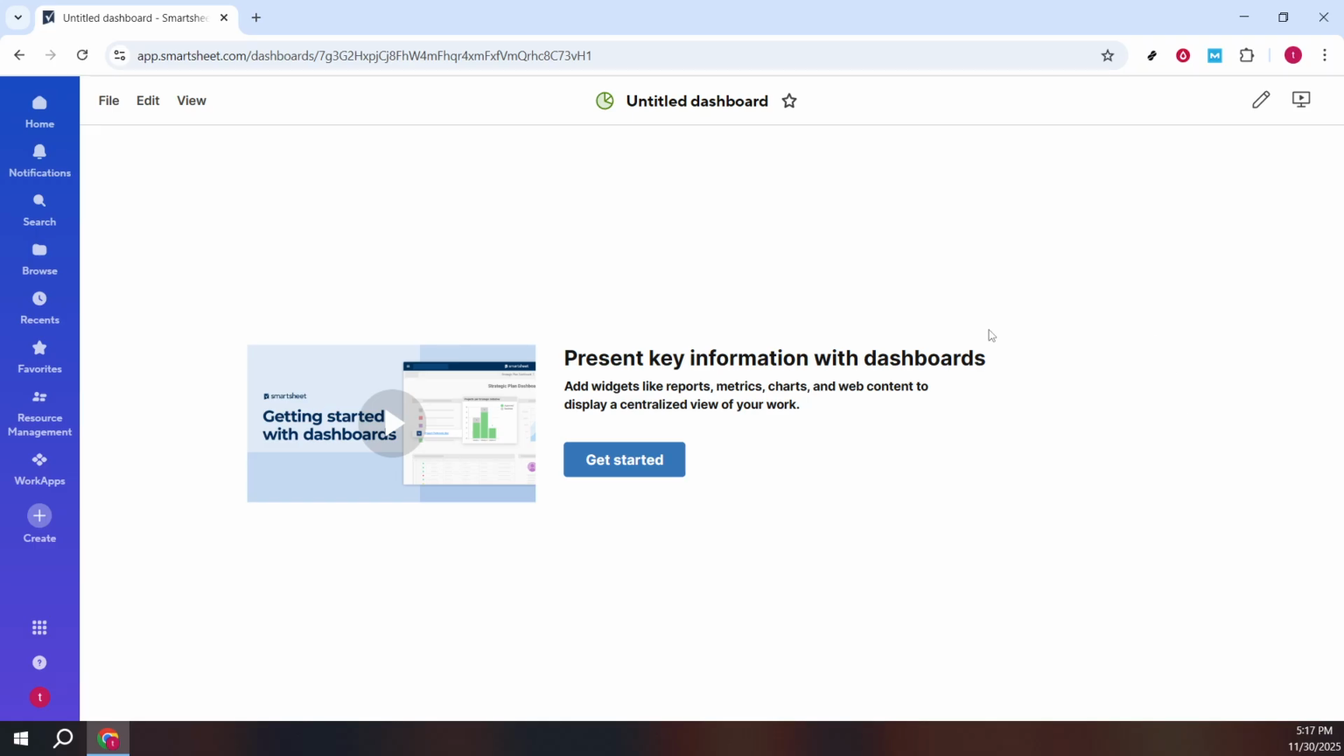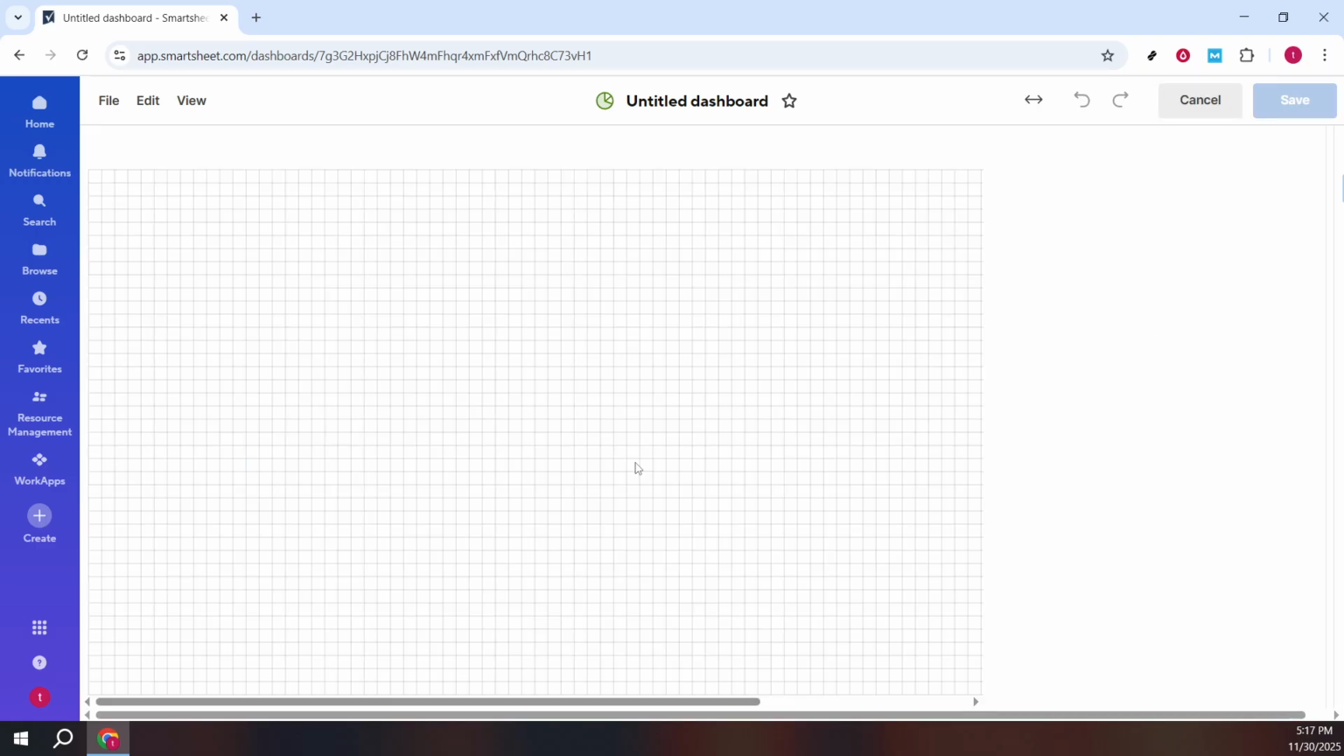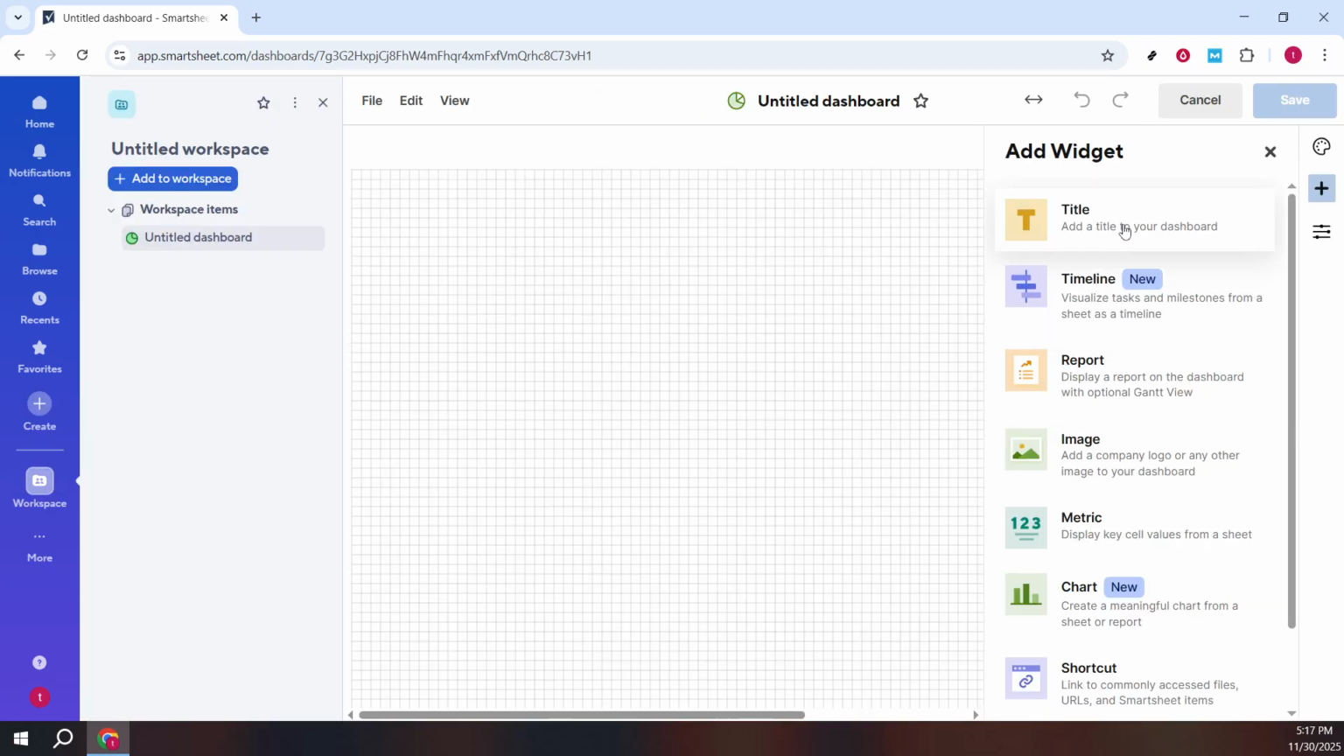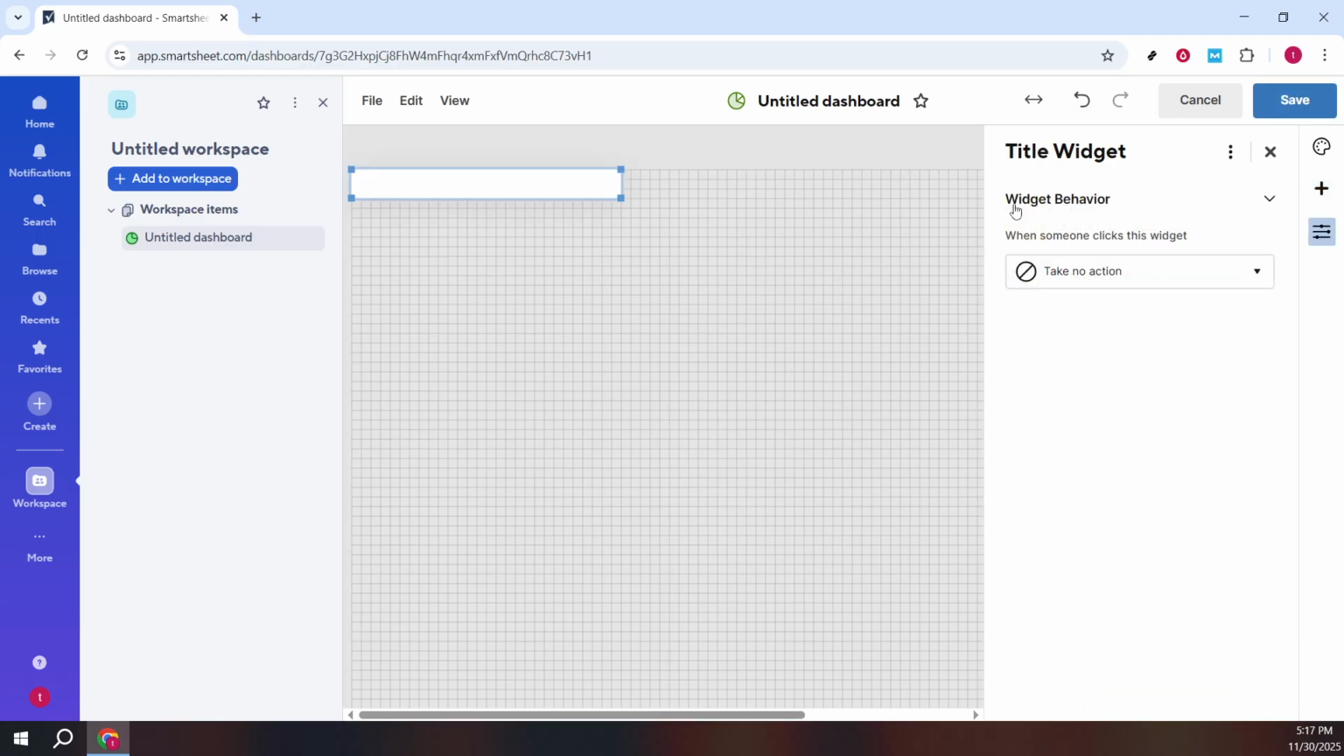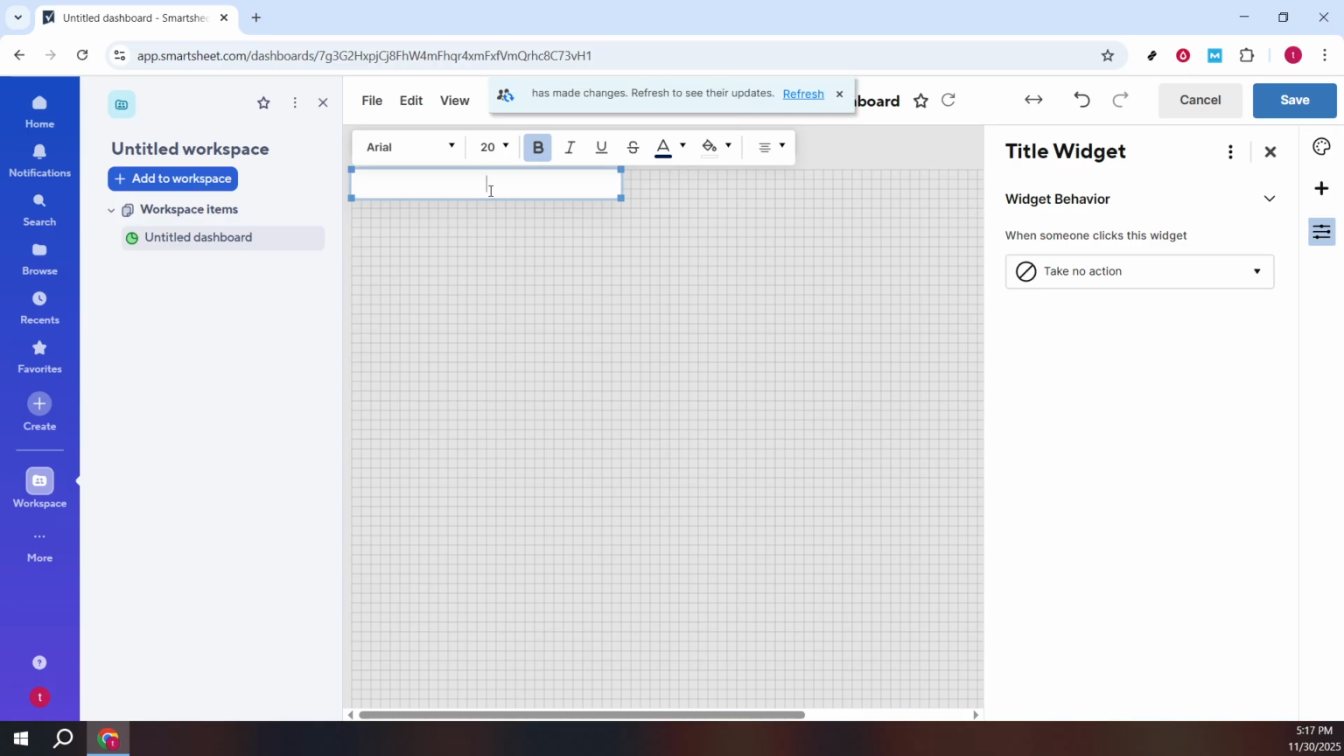Begin with a title widget to name your dashboard clearly and set expectations with a short subtitle if you like. Consistent naming makes it easier for viewers to know what they're looking at. If you want to highlight key dates, add a timeline widget. Configure it to point to a sheet or report that includes the date fields you care about, so milestones and